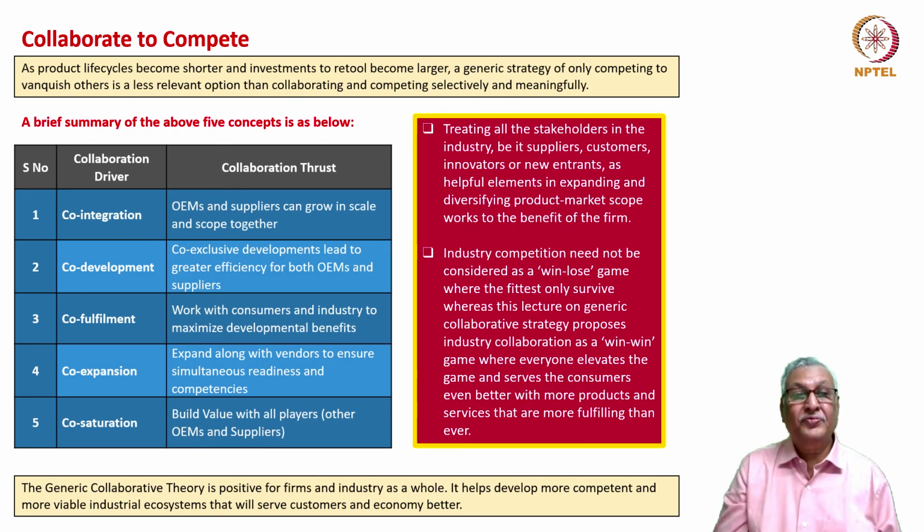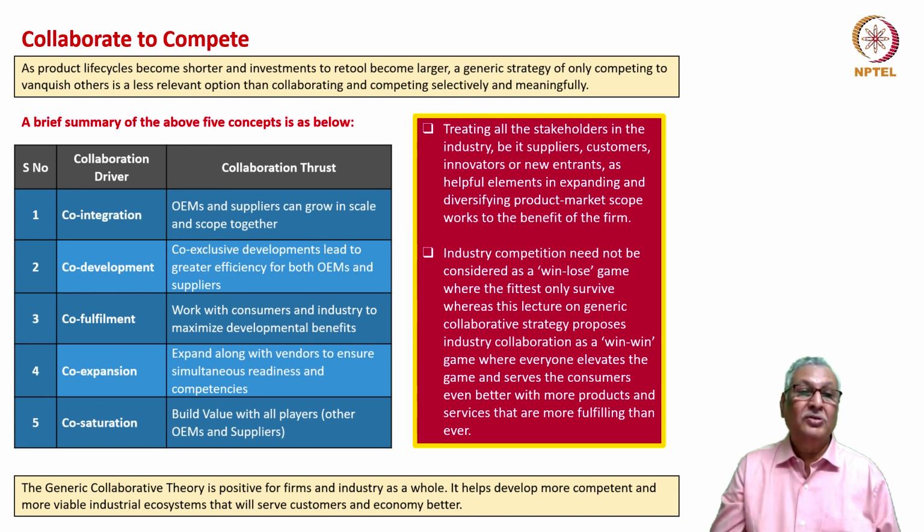As product life cycles become shorter and investments to retool a facility become larger, a generic strategy of only competing to vanquish others is a less relevant option than collaborating and competing selectively and meaningfully. Product life cycles are becoming shorter. Investments are becoming larger. Trying to compete with one another is of less importance than collaborating and competing selectively and